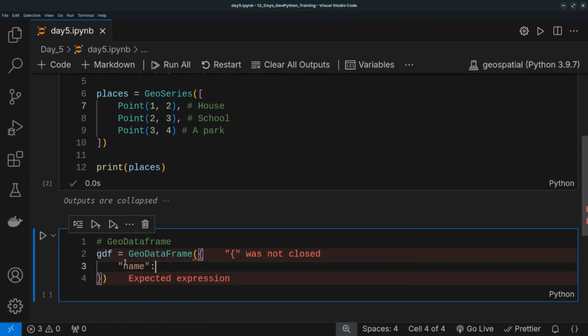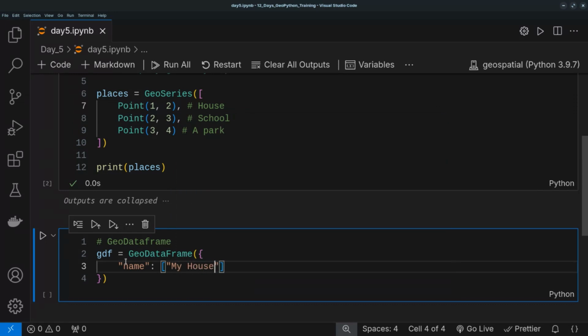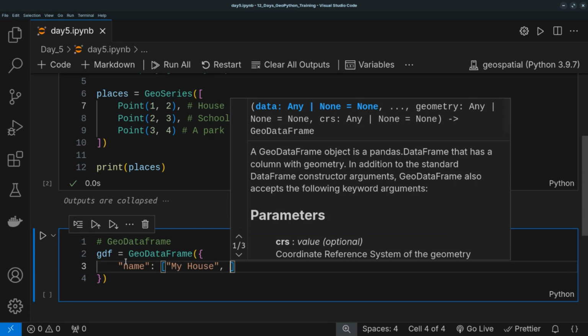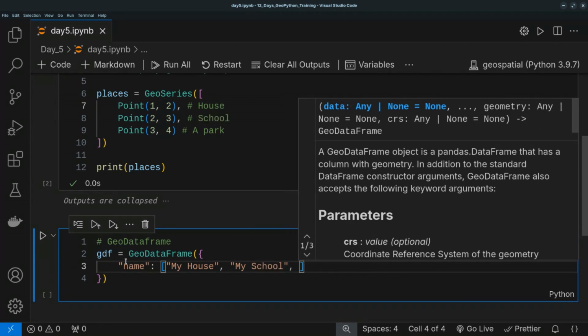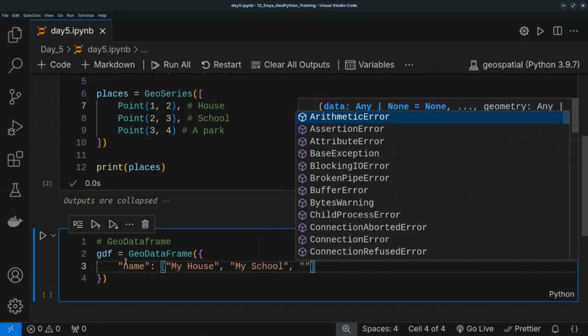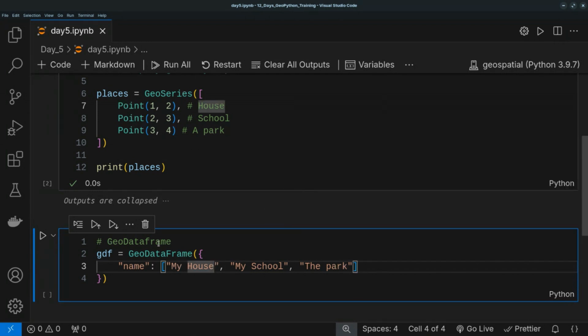which, if you are looking at a shapefile, is just the column name of a particular column. And then in here, because I have 3 objects in my GeoSeries that I want to map into my GeoDataFrame, I will give the description here like my house, which maps to the first object, which I said is a house. And then the second one, I can say my school, which also maps to the second object, which I said is a school. And I can say maybe the park. Okay. And so I have a GeoDataFrame here, which has one column called name, which maps to this my